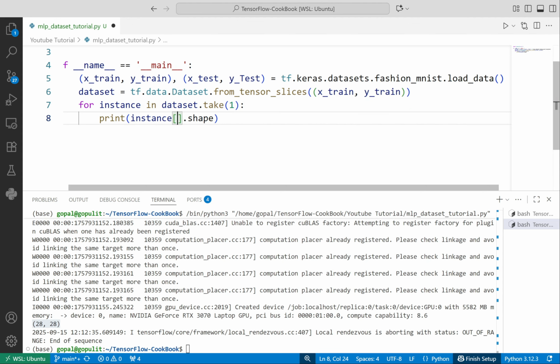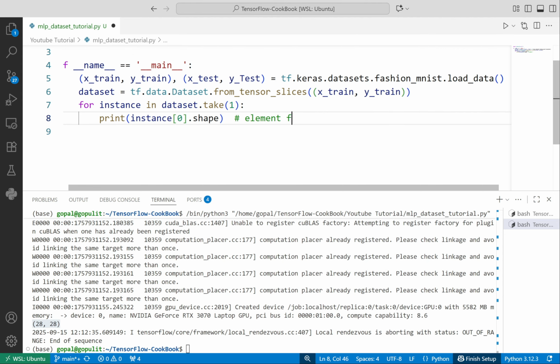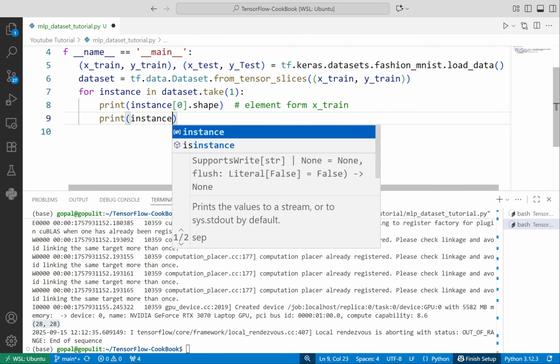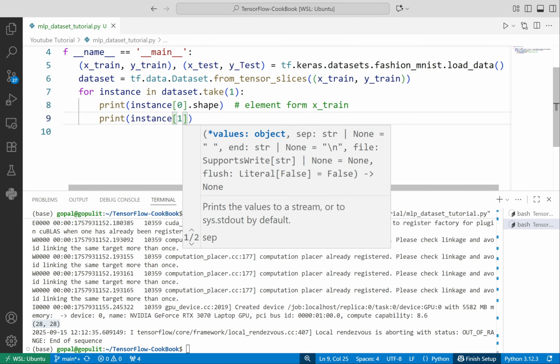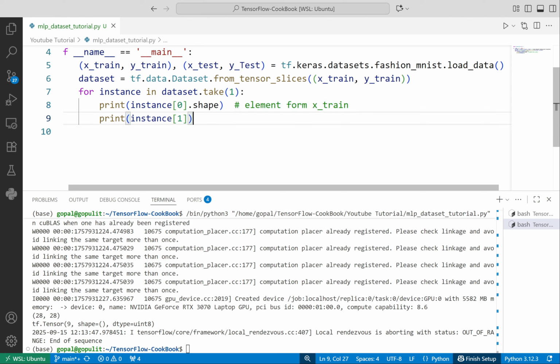So now I can do something like this. Print instance of 0, which would be the element from x_train, and then I can also print, let's say, instance of 1. I just want to print the first instance. This will come from y_train.